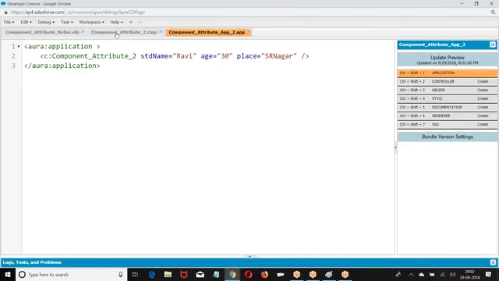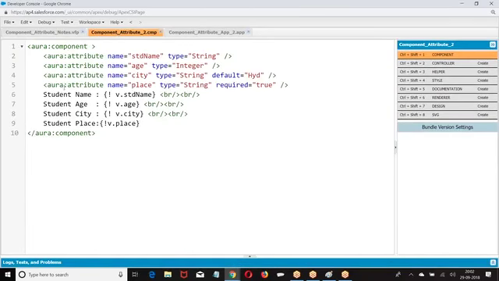Now, the second one is invoking a component within another component. So, how to invoke a component within another component? How to pass the value of one component as a value to another component? We'll try to work with that. This is clear for everyone? Basic structure is clear for everyone? Right, boss?